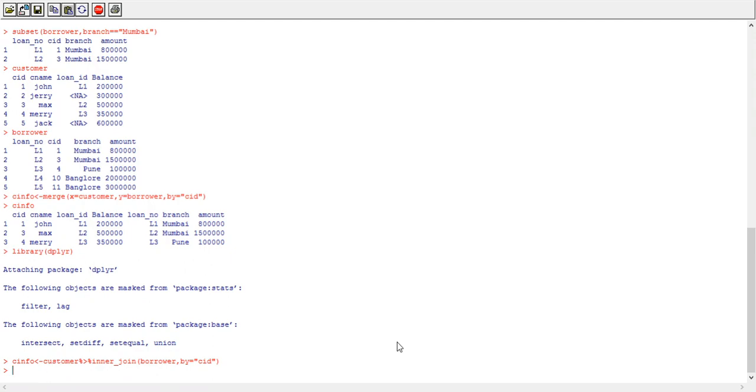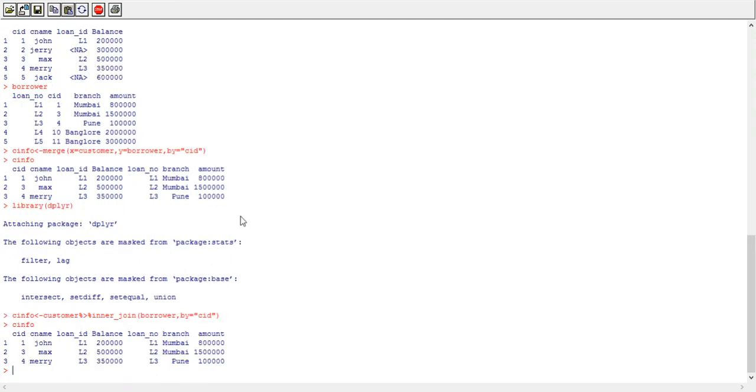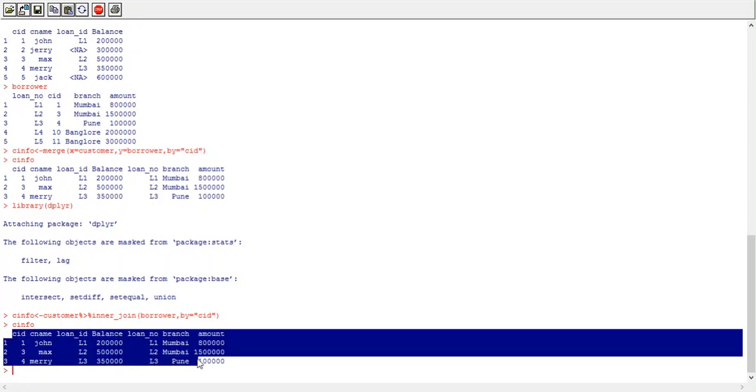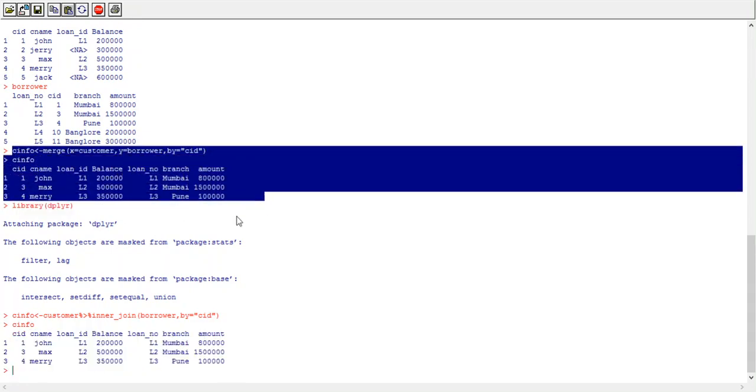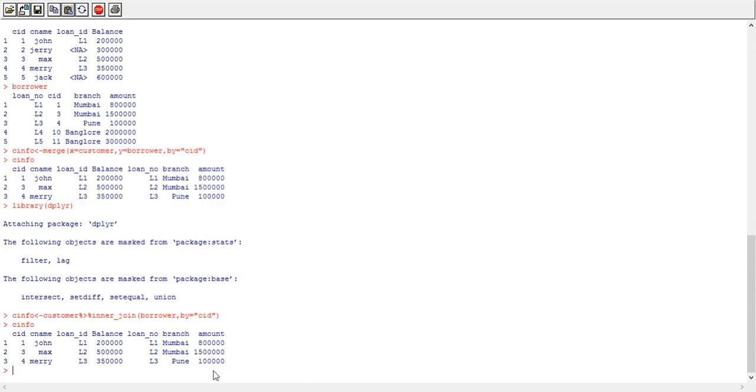Okay. Let's verify the result. cinfo. See, we have got the same result as that of the merge function. So we can implement the join operation either by using the merge function or by using this inner join function. So the syntax of the join function is, first we need to write down the name of the first data